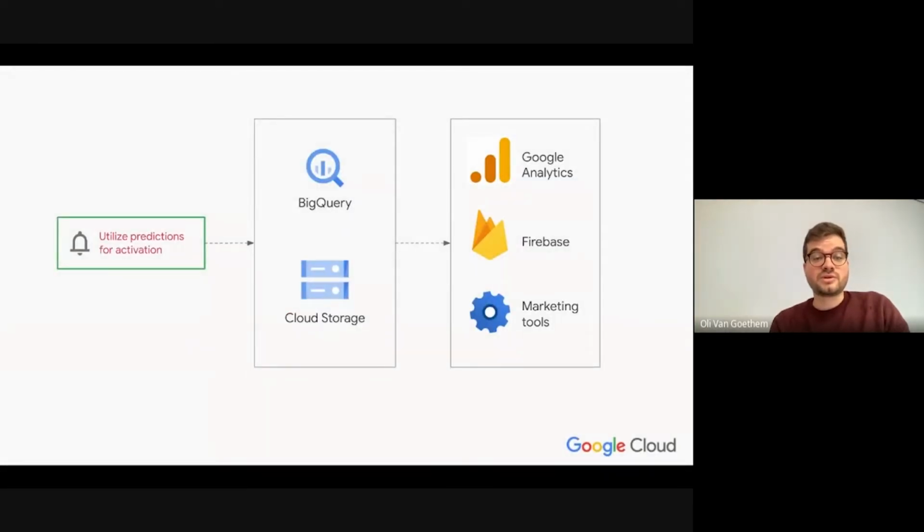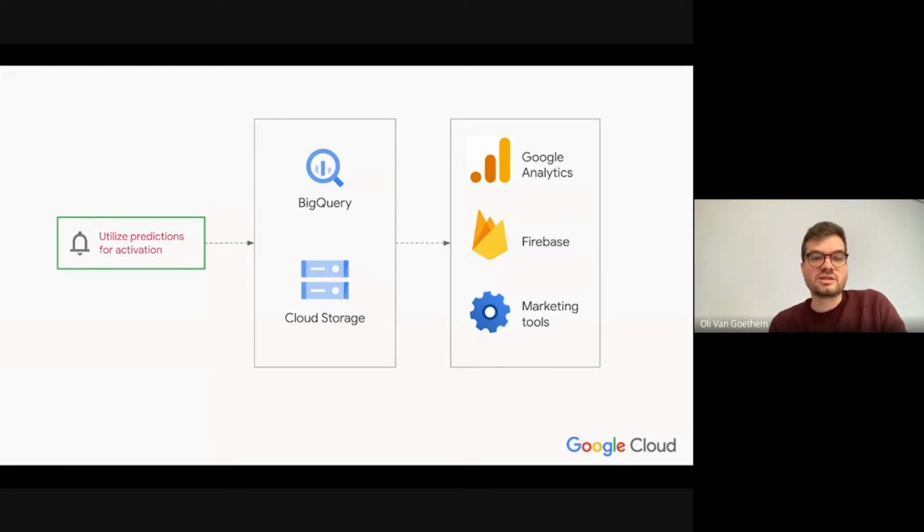Now, why would you want to use machine learning in the use case of propensity to churn? Well, I already hinted at it, especially for those customers that are on the fence. You can use those predictions to activate, through various means, to target those users, maybe send them an offer, a newsletter, or a customized message to make them feel like a valued customer and keep them on your platform, or in our case, our mobile game.